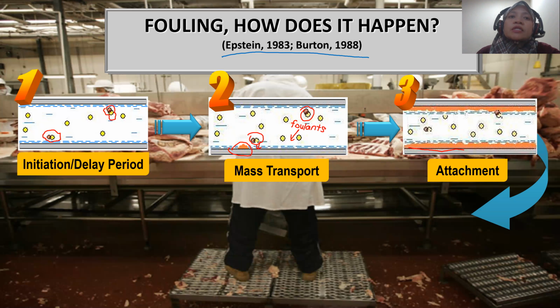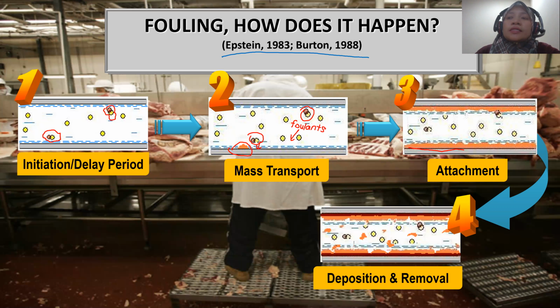At fourth stage, two things happen at the same time: deposition and removal. One, deposition of foulant on the surface. Foulant might as well be removed from fouling deposit layer. This shows where the foulant detaches and moves to the main body of the liquid. So this is the detachment, which happens by the action of the flow of the product across the deposit liquid